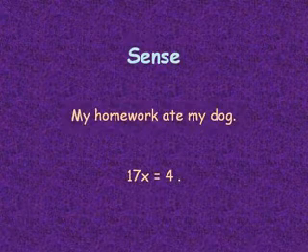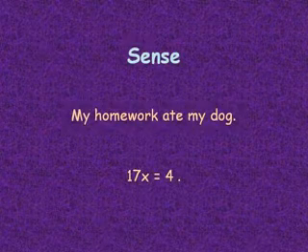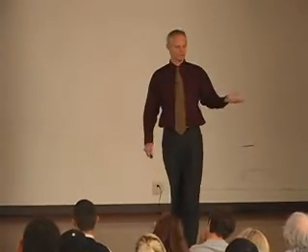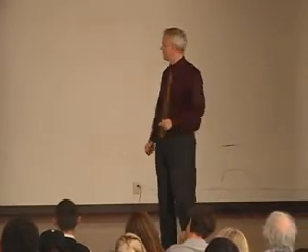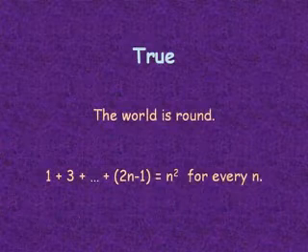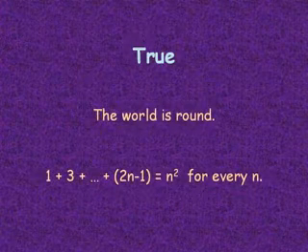17x is 4 is similar. You have many meanings. This could be true, could be false. You don't know what x is. Maybe this is how you define x. Anyway, so you can make sense of these and then ask later whether or not they're true or false, or when they're true or false, things like that. Here's some things that are true. The world is round. This was discovered recently. I don't know if you've been reading the ASU news, but